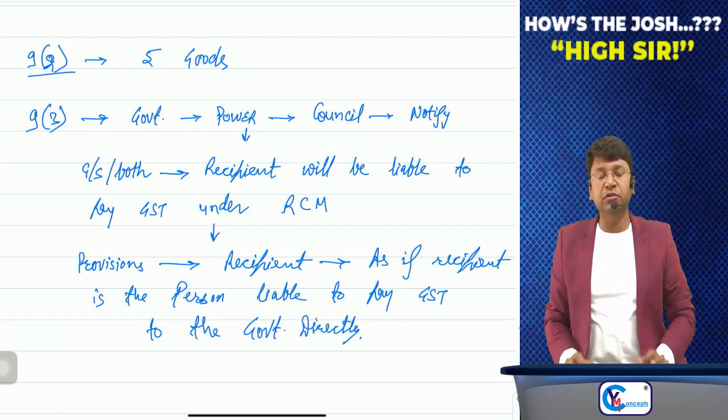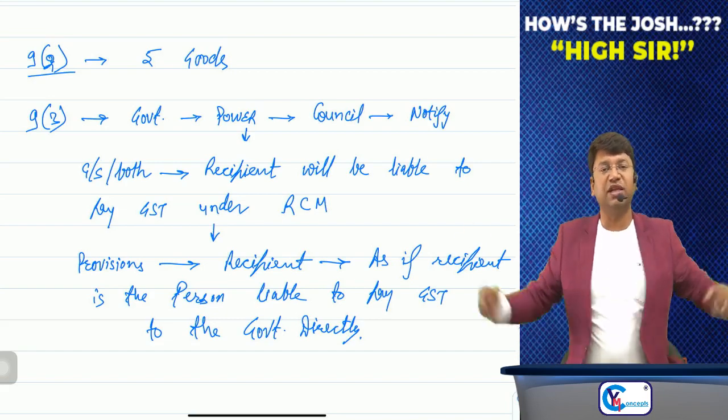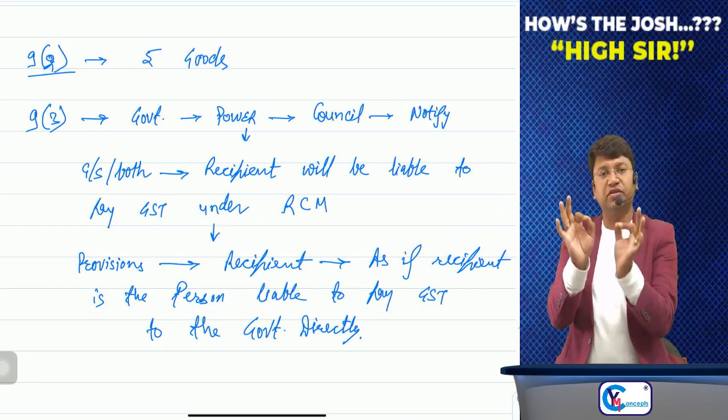Full stop. Section number 9, subsection 3 says that government has the power to notify certain goods or service or both